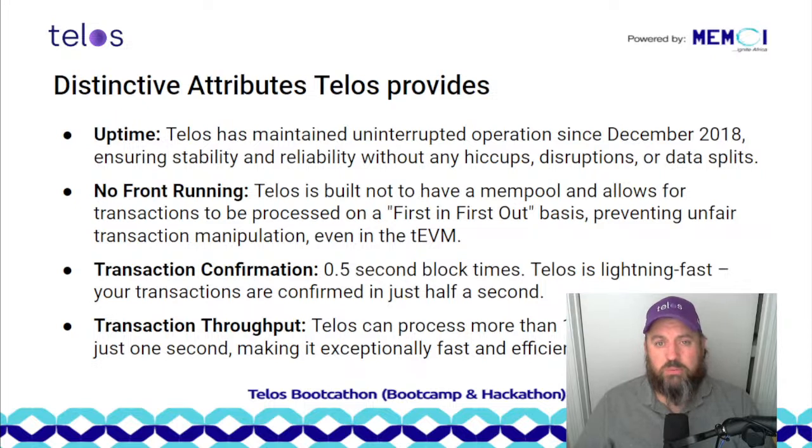Transaction confirmations, all of our block times are half second. So your transaction is hitting either Telos Zero or the EVM, being confirmed in an extremely fast manner. In fact, it's so fast that we've been lobbying the MetaMask developers to allow us to have a setting where we could go in and tell MetaMask to check more often that a transaction has been confirmed. On Ethereum or other EVMs, transactions take 12 to 15 seconds to be confirmed. On Telos, it's more like a second. But MetaMask isn't made to check that quickly. So really, what ends up being slow to respond is MetaMask.